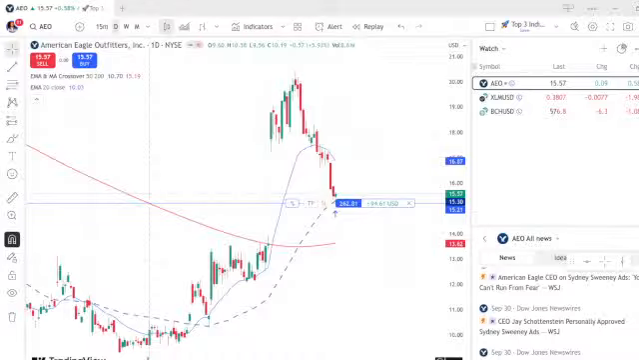But then what happened when the market opened yesterday was it opened right here, right? So I waited. I did not enter the trade. I waited. Then it